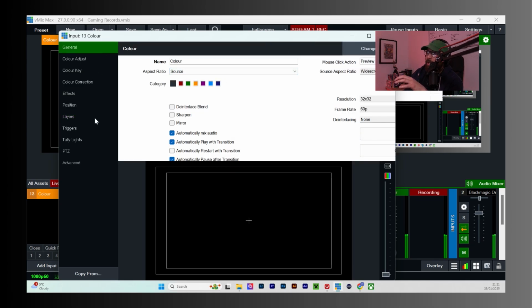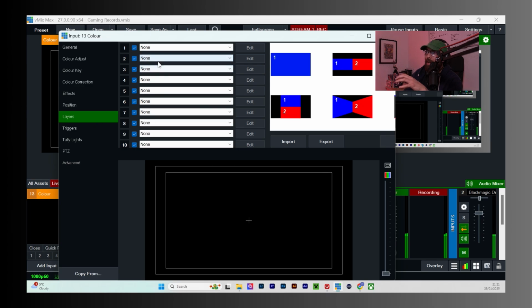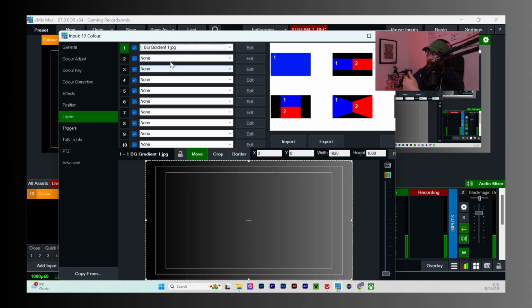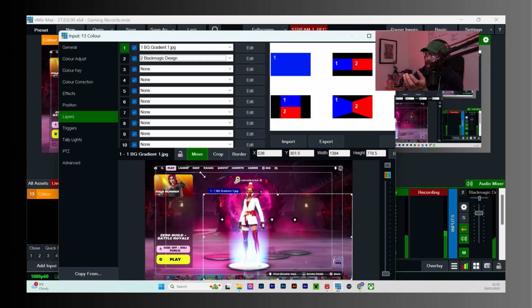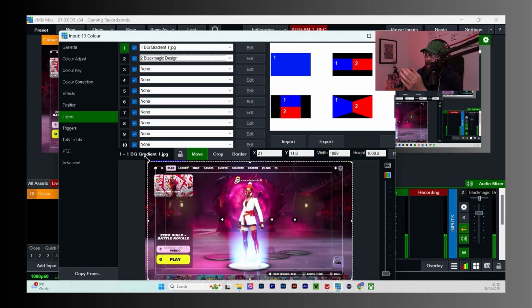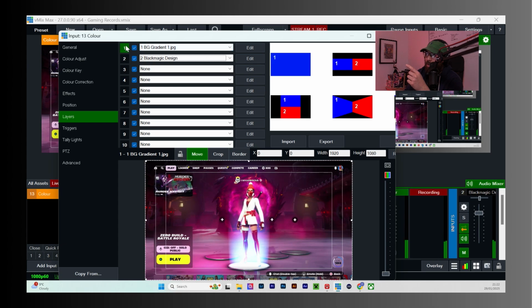So it works similar to something like Photoshop, where number 1 is the layer that's all the way at the back. That's why I put the background gradient there, and anything that I add sits on top. So if I were to try and change the dimensions to make it smaller right now, you can see that it's not doing anything. What it's actually doing is moving layer number 1 because I have layer 1 selected. So I'd want to click on layer 2.